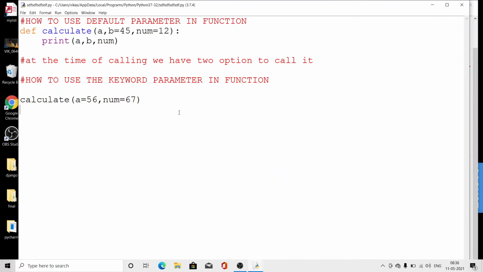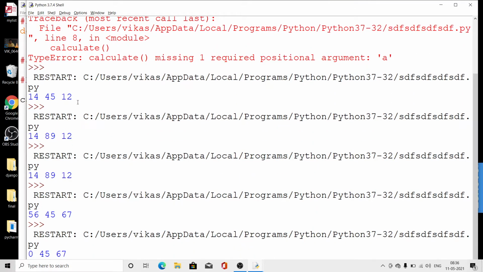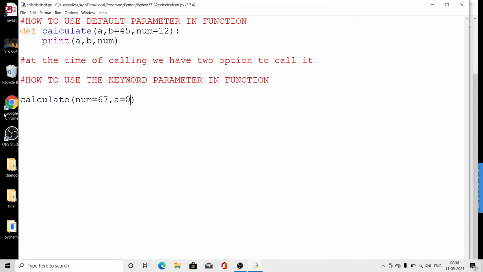And in keyword calling, you can change the positional order also. I can first define num equal to 67, and comma, A equal to 0. So if you want to change the positional order, then you have to use keyword calling.